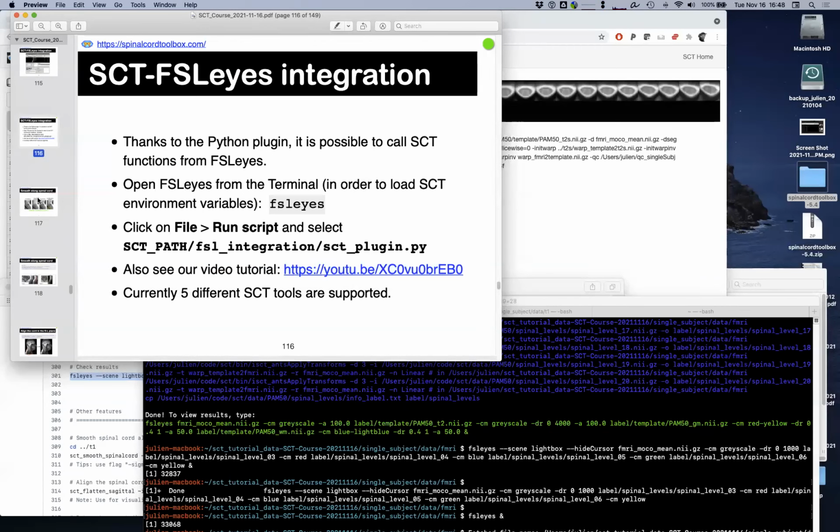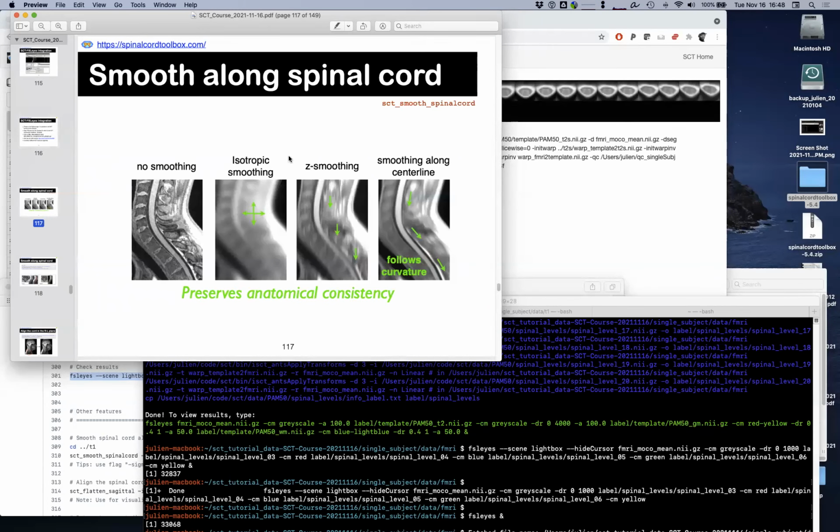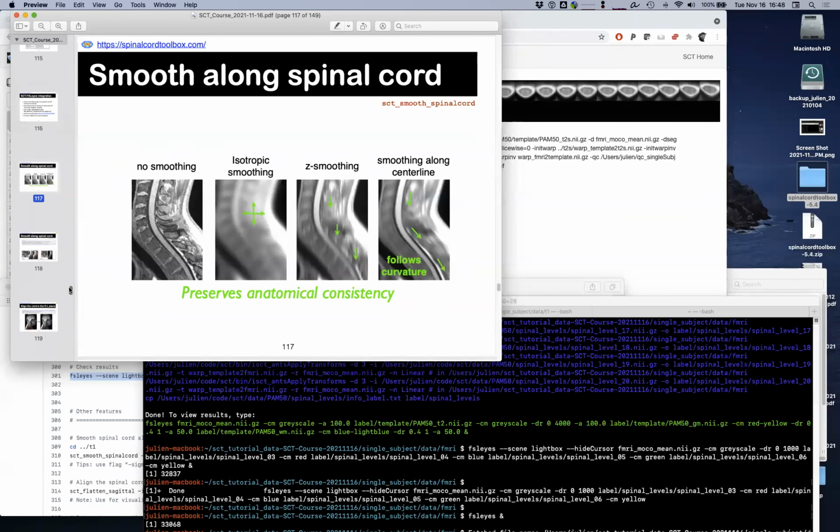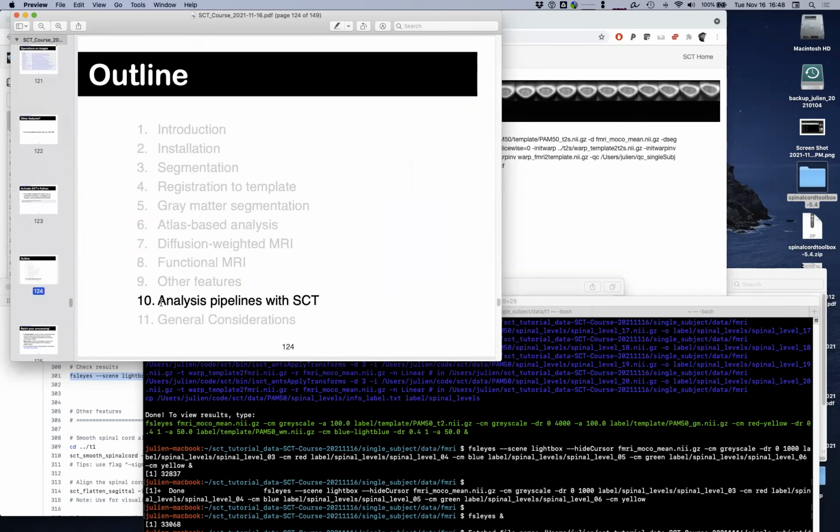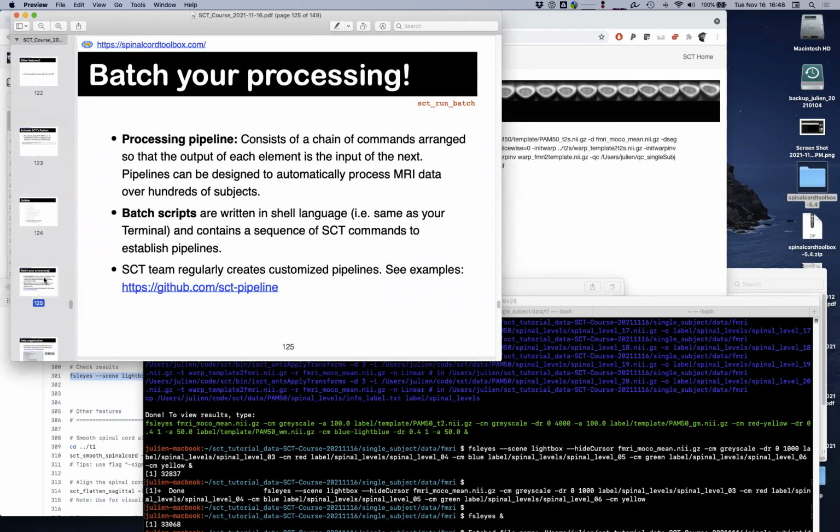I talked briefly about the smoothing along the spinal cord. I'm not going to spend too much time on that, again, for the interest of time. So I'm going to jump right away into the analysis pipeline with SCT. Okay, so we're going to spend our last 10 minutes on this. So the concept here is that